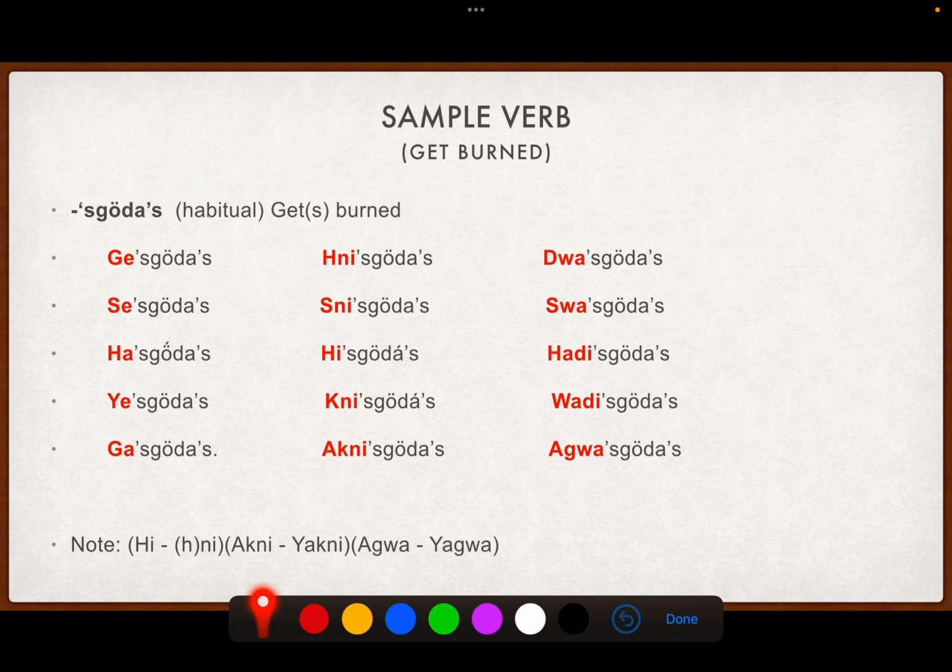So the next one is if we do the habitual one, which is glottal stop skundats. Skundats. So if we just do regular habitual, right, we're going to use red prefixes now. So we have ge, se, ha, ye, ga. This is a C stem. Hni, sni, he, kni, akni. Dwa, swa, hadi, wadi, and agwa. And then we make note of this, right? Like he,